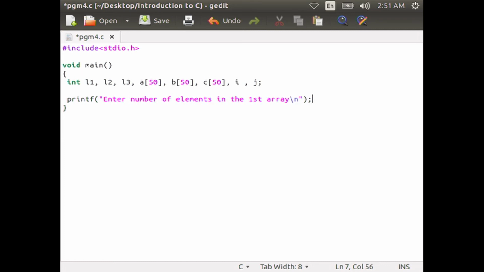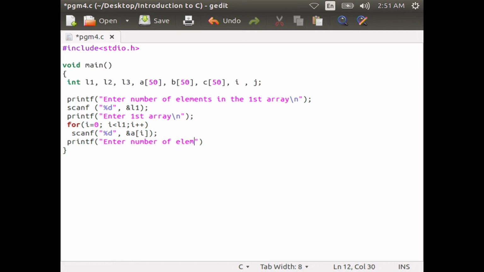percentage %d ampersand sign i1, printf, enter first array for i equal to 0, i less than i1, i plus plus. Scanf, percentage %d ampersand sign A of i.